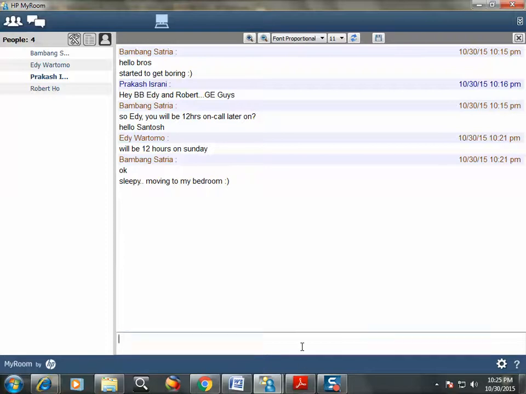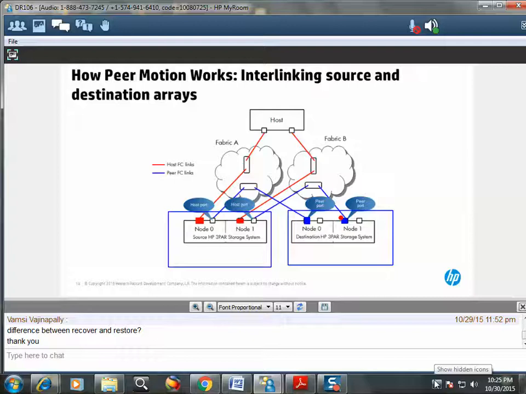All right, these are peer ports. Now, on the destination array. On the source array, the array you're migrating from, you have to have a couple of ports set up as host ports. Now, see in the picture here, they're saying these blue ports are host ports. So to migrate on the source array, you need 2 ports, no more. You can't do less or even more than 2 ports on 2 different controllers,